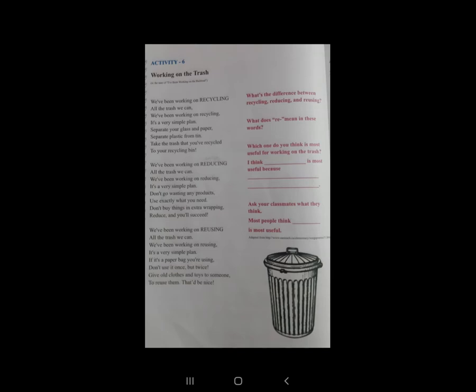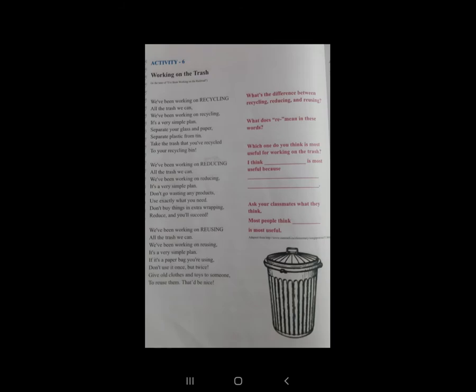And reducing is reducing the amount of waste, the use of unnecessary packings, wrappings, paper, fuel, energy and water, etc. And then reusing is using the things again in the same form or converting them into a different form for different use.